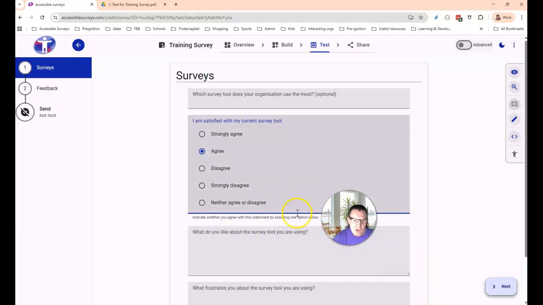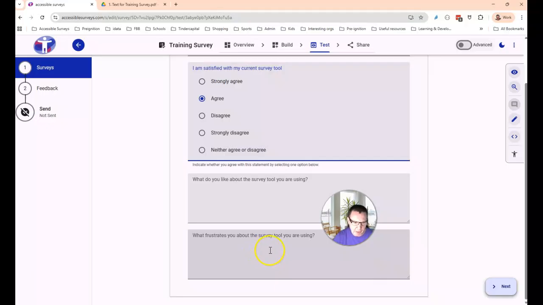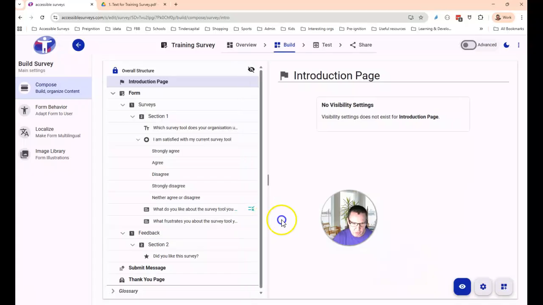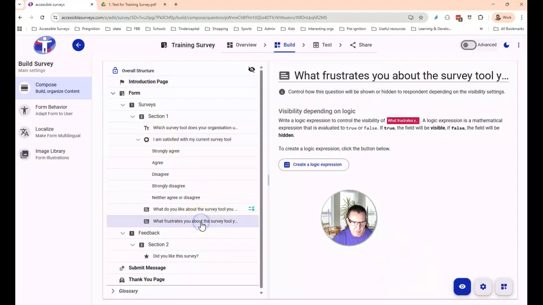So we're now going to go back and apply basically the same logic, but to this follow-up question. So again, we go back into the build mode. We are going to select the question that we want the logic to be applied to from the tree structure. So this time it's "What frustrates you about your survey tool". We're going to need to unlock the tree grid. We must have forgotten to do that the previous time. So we can now select that question